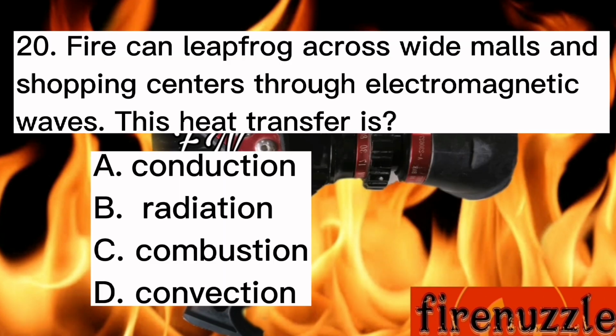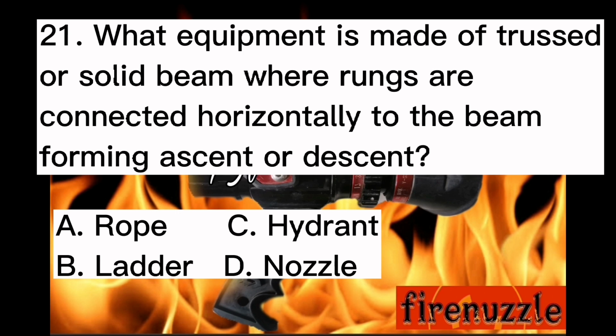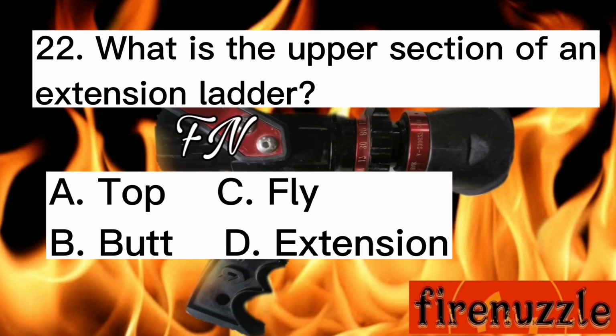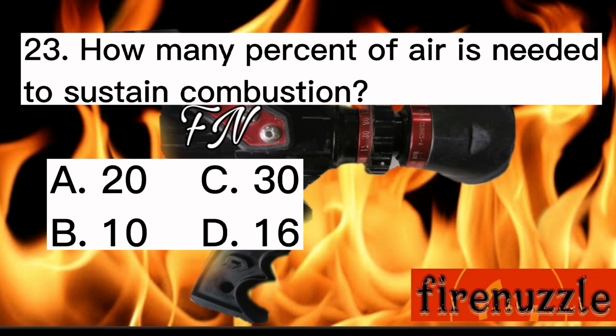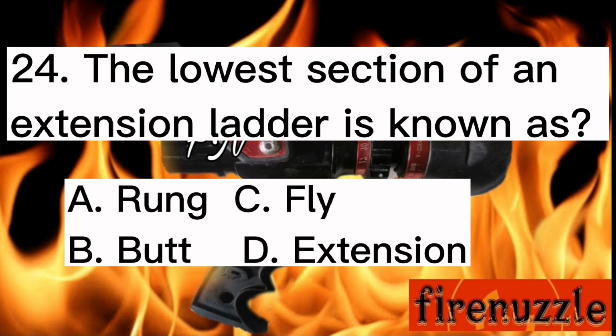Fire can leapfrog across malls and shopping centers through electromagnetic waves. This heat transfer is. What equipment is made of trussed or solid beam, where rungs are connected horizontally to the beam, forming ascent or descent? What is the upper section of an extension ladder? How many percent of air is needed to sustain combustion? The lowest section of an extension ladder is known as